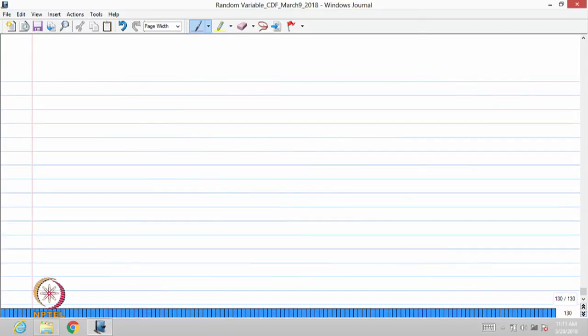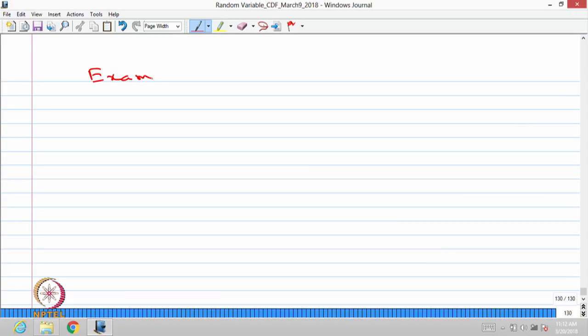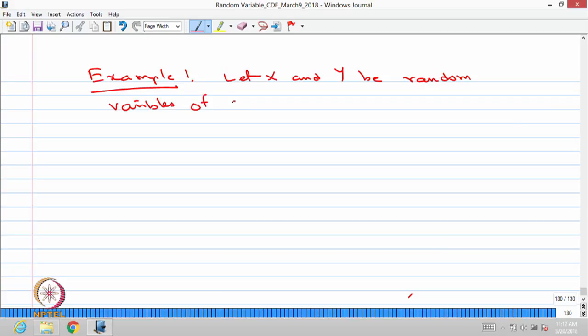Now we will move into one simple example of how one can describe a two-dimensional random variable of the continuous type, then how one can discuss the marginal distribution, finding probabilities and so on. Let's start with the easy example. The example is: let X and Y be random variables of continuous type